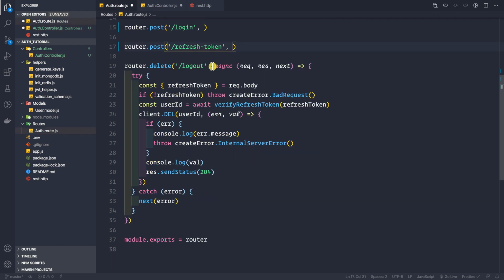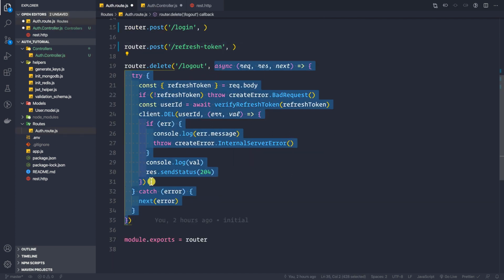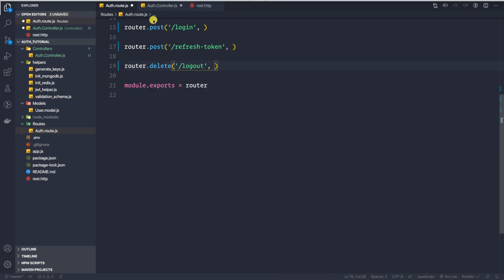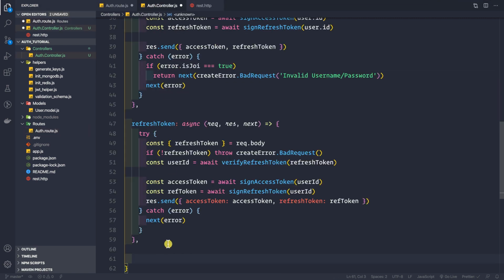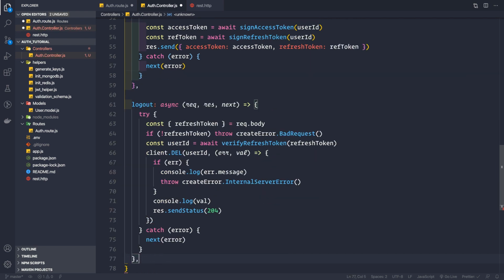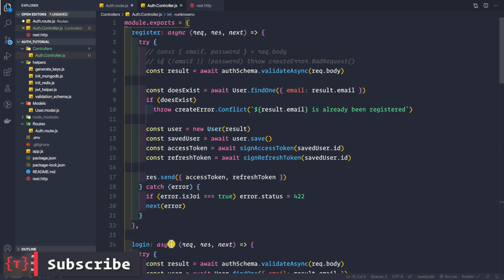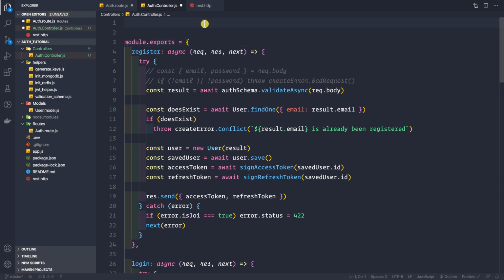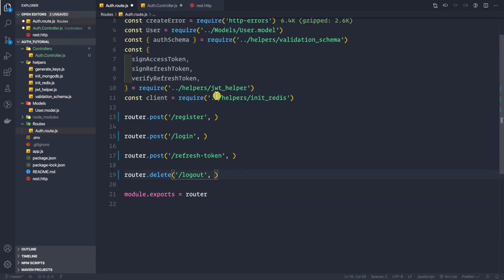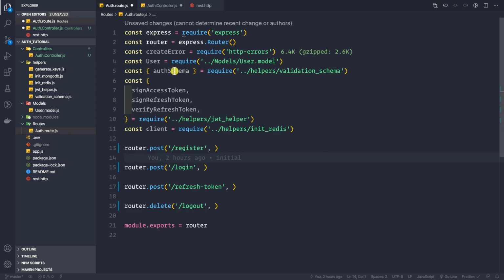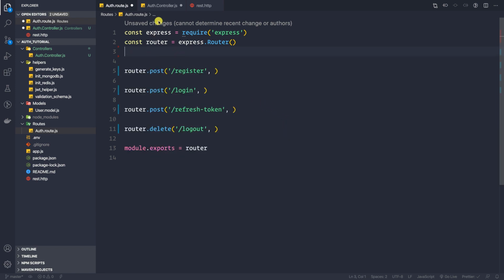And then the fourth one is this function here, that is for logout. So let me cut it from here, and inside this auth controller, let me create a function called logout, and paste the code inside this logout here, like this. And now let's save this auth controller. But here we need to require a couple of modules that are present inside this auth_route.js file. So firstly, we want to cut all these require statements that are present in this auth_route.js file, because they are not required here.